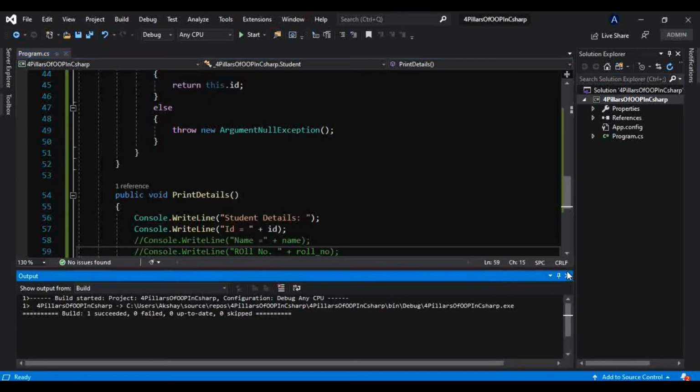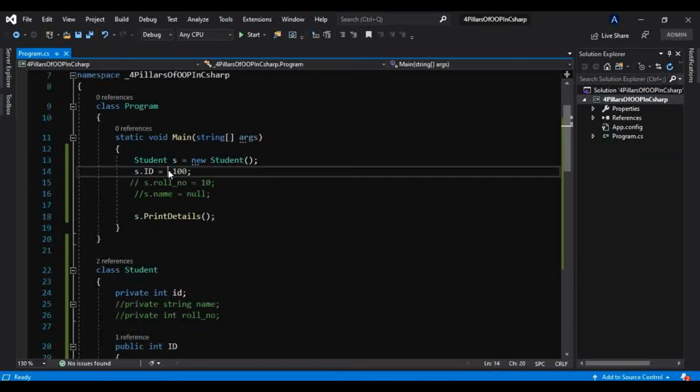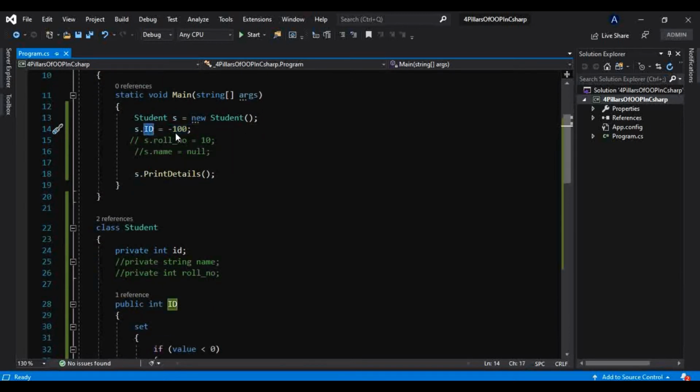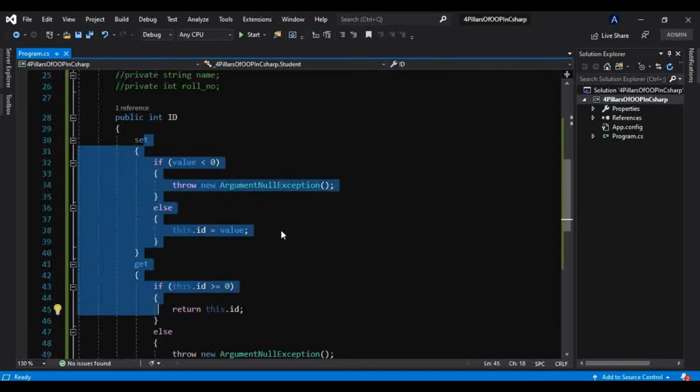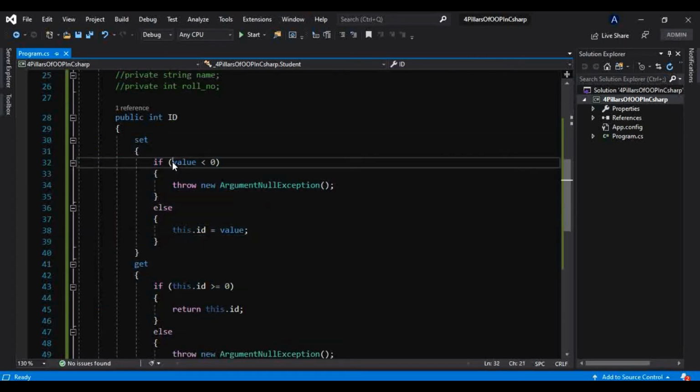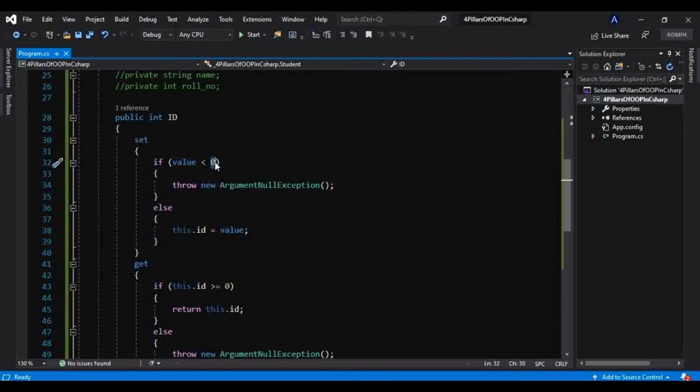Why? Because the user has entered a negative value here, which is set on the property, and in that property we have the set and get accessors, in which it is validating that value. It is checking if that value is less than 0, and it is less than 0 because the user has entered a negative number, minus 100. That is why it has thrown that new ArgumentNullException.